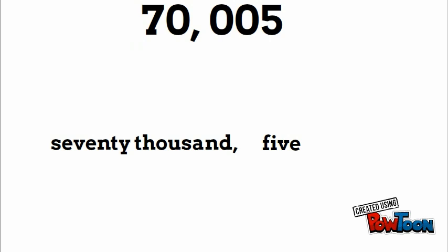Alright, now let's write it in expanded form by place value. So we have a 7 in the 10,000s place, so we'll say 70,000 plus 5. So there you have the 3 different forms of this number, the standard form, the written form, and the expanded